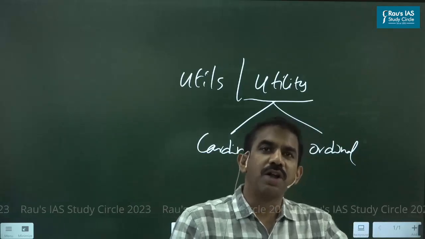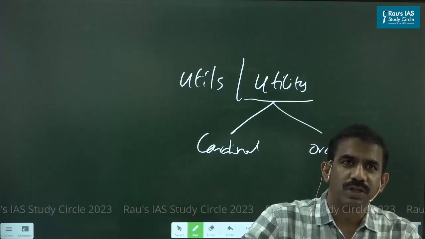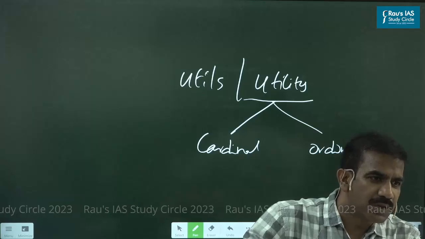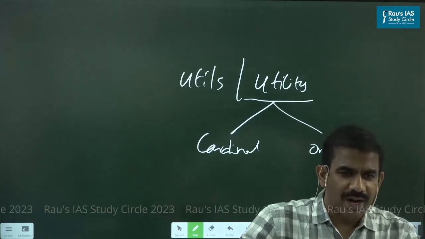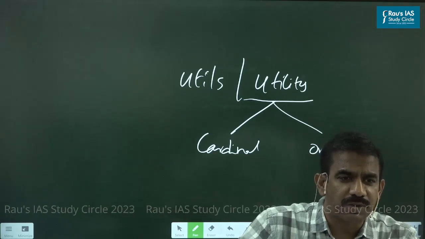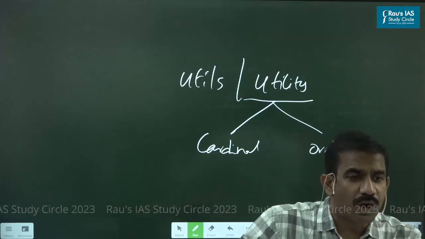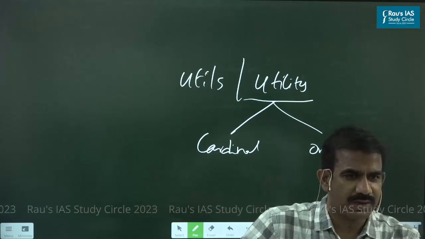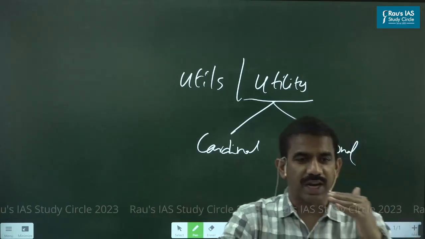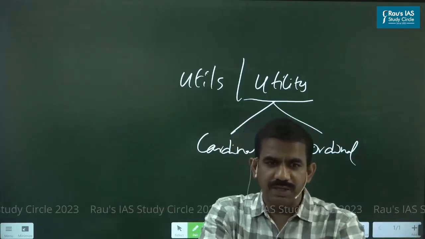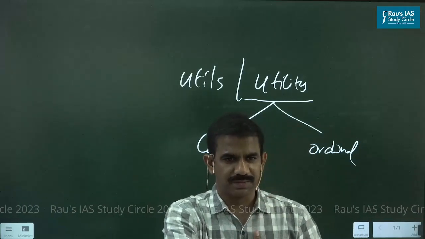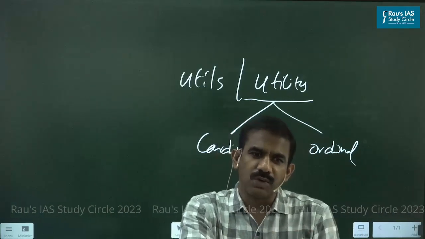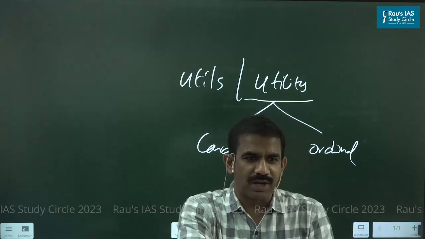Okay, so I have 100 rupees. I could express my income in terms of rupees, isn't it? So cardinal does mean anything that could be measured in terms of numbers. But ordinal, you cannot express in numbers. You could only compare. Let's say the satisfaction you derive having a pizza is not the same satisfaction I derive from it. Am I right? You're quite young. You could simply have anything, isn't it? I'm already 35.